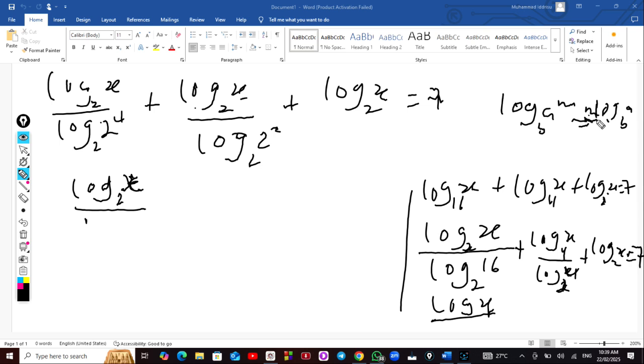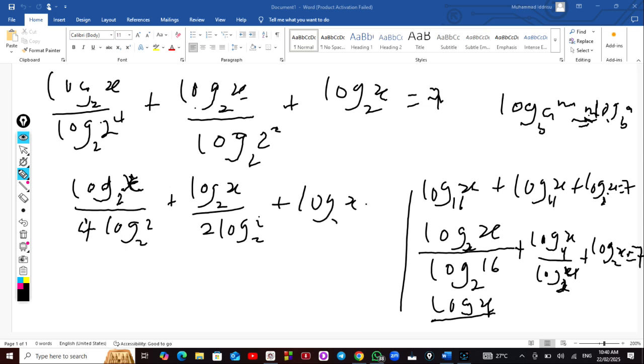So we are doing the same thing here, 4 log 2 base 2, plus log x base 2 over this is 2 log 2 base 2, plus